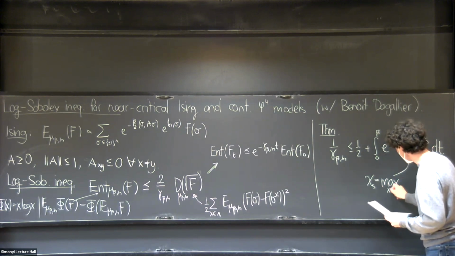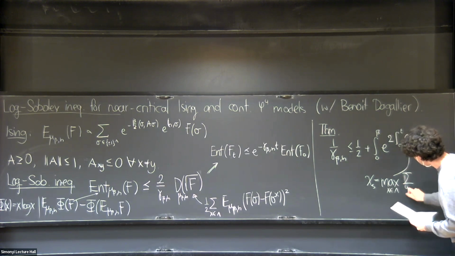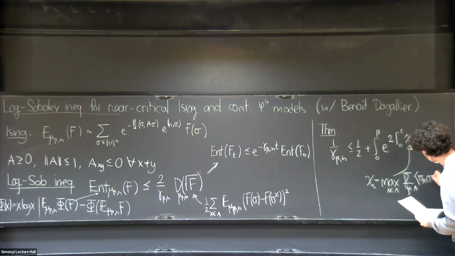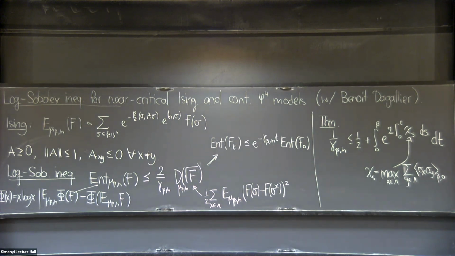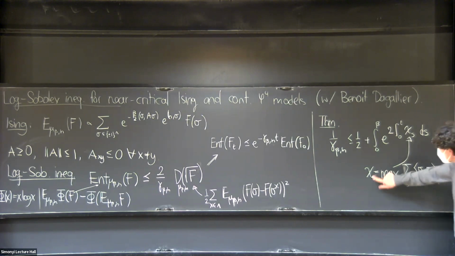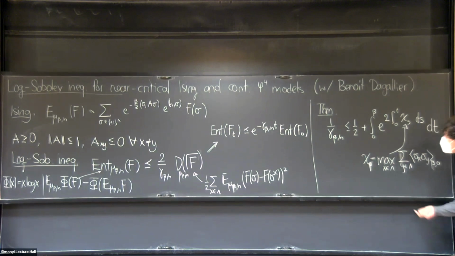In general, it's the sum over the spin-spin correlation in external field 0. Are you using translation invariance at all? No, not so far. If you have translation invariance, you can drop the maximum. I was wondering whether it was necessary at all. No, it's not necessary for anything. What is the S dependence? Sorry, that's a good point. It's chi beta. So S is a substitute for beta.